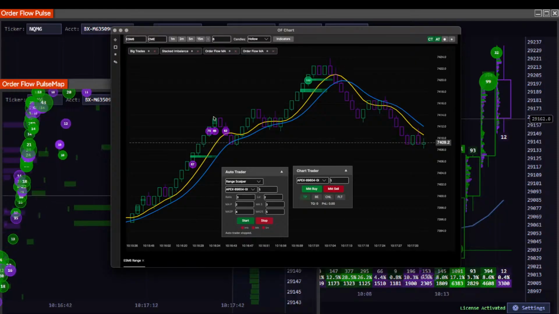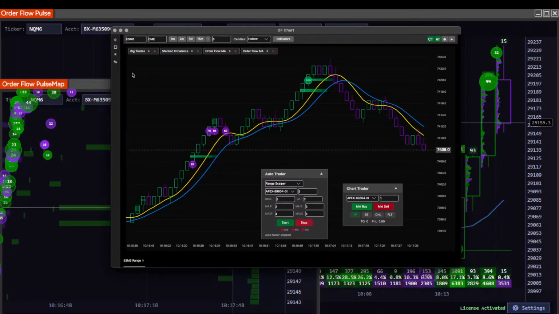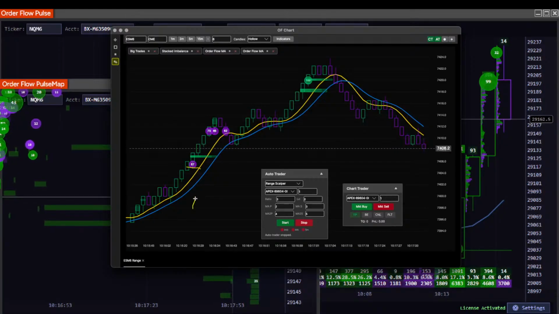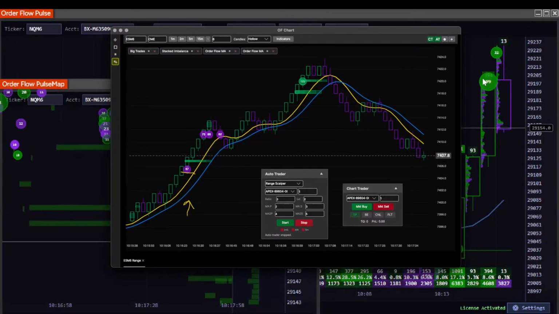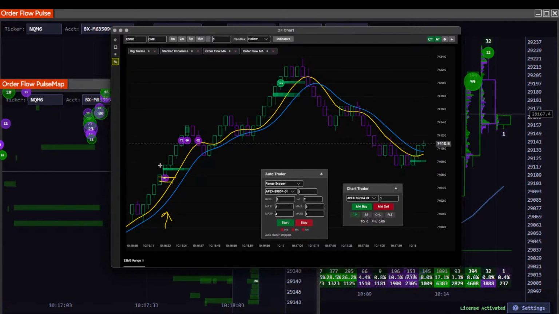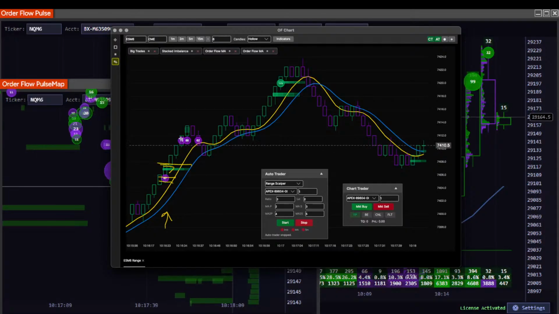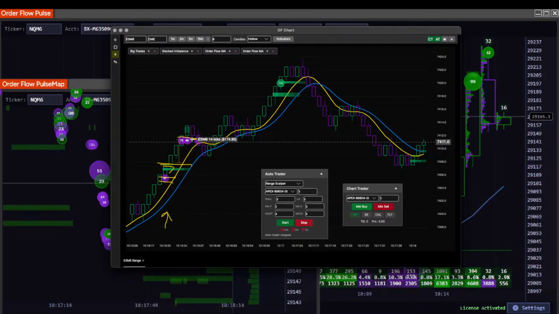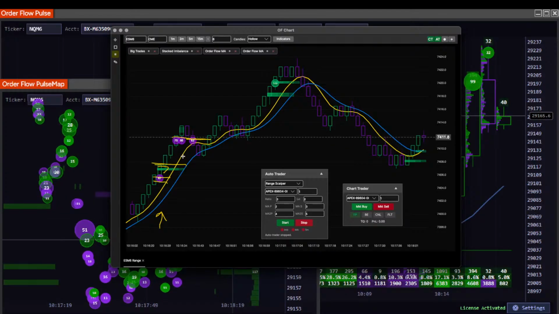This is something I want to go over. You have a 67 sell. You have the moving averages sloping upwards and separating on my personal platform. You can do this on the NinjaTrader add-on as well. You have a 67 sell. We closed above it with a stacked buying balance. You enter here and you exit up in here. That right there nets you about $175 to $200 on the ES. That is key.